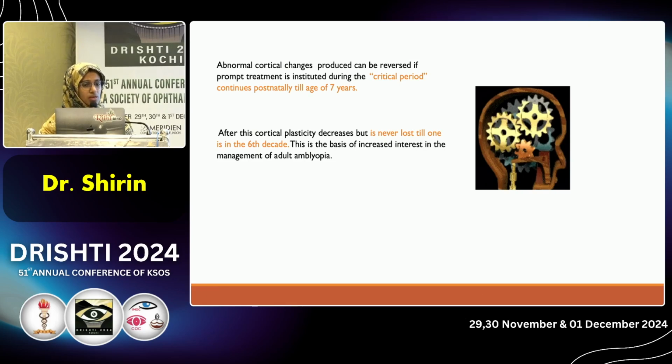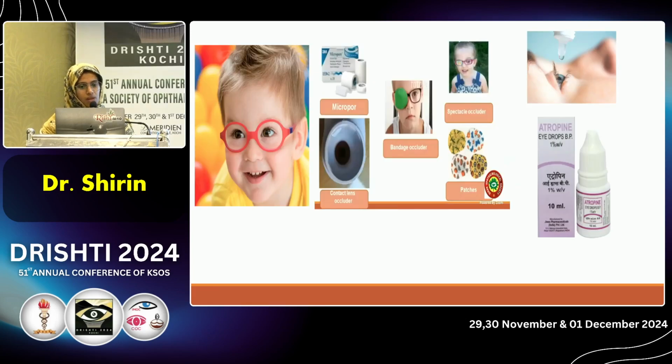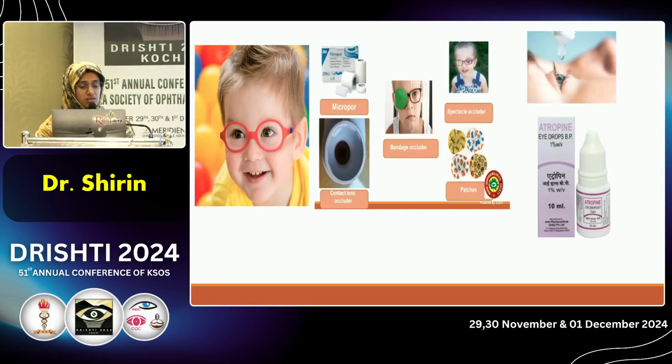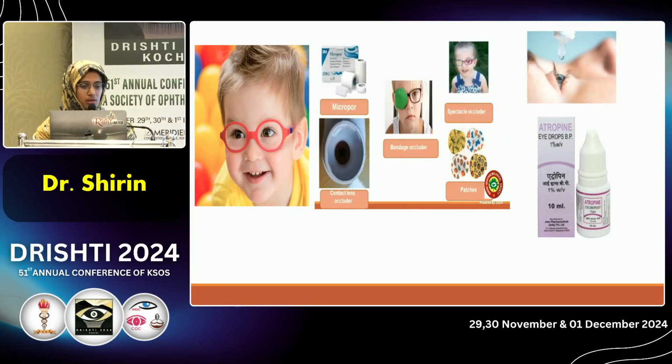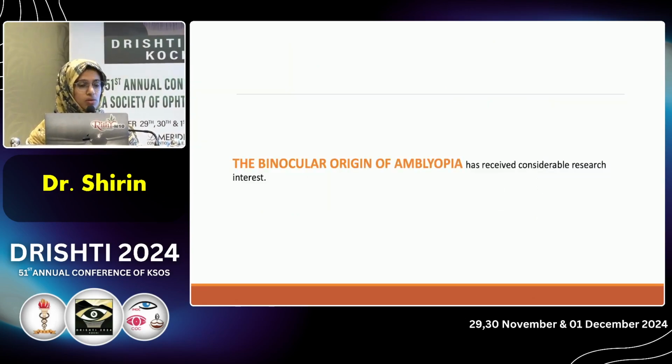Usually we say the critical period continues till 7 years of age, but after this age cortical plasticity is decreased, though it is never lost. This is the basis of interest in the management of adult amblyopia. The conventional measures used are glasses and patching. We can use atropine drops for penalization, and new approaches based on the binocular origin of amblyopia have received considerable